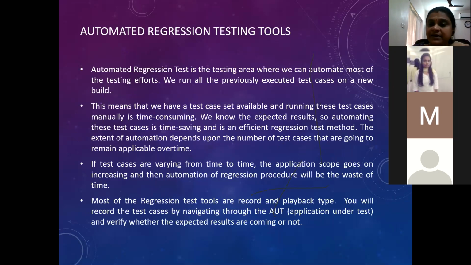Why do I need that? Otherwise, you have to capture manually. If the problem happens on the 10th screen as you propagate manually while testing, we have to keep capturing every screenshot and show that when I was on the 9th screen, this happened. If this alone can be automated, what I want you all to understand is that automation can be done at any level. And one more thing, when we talk about automated testing tools, please do not think that it will eliminate all the manual test engineers. How can it do that?